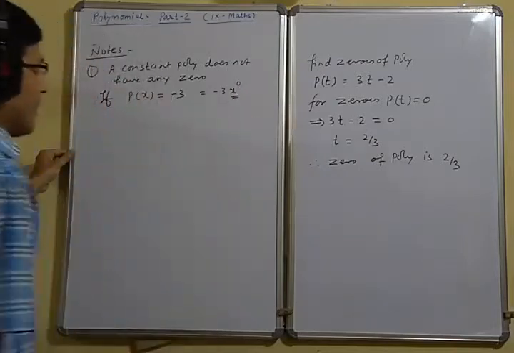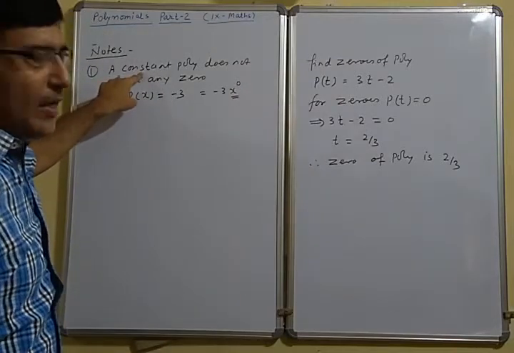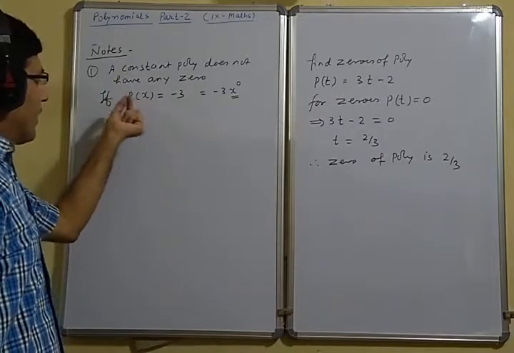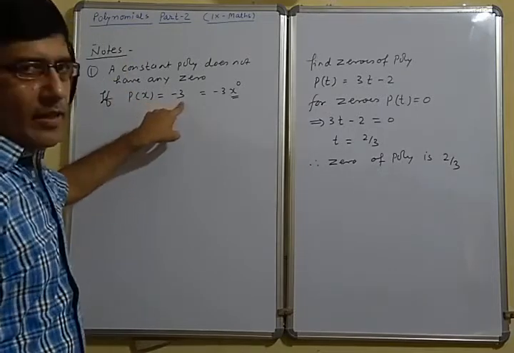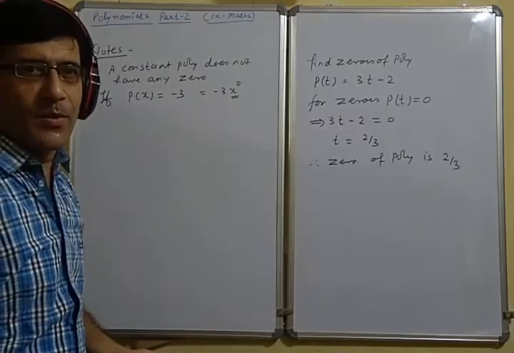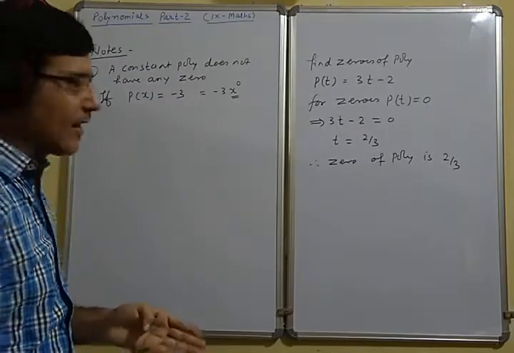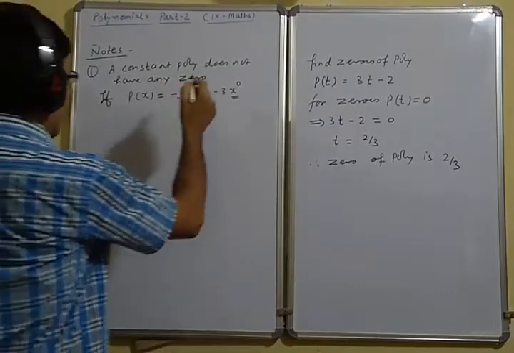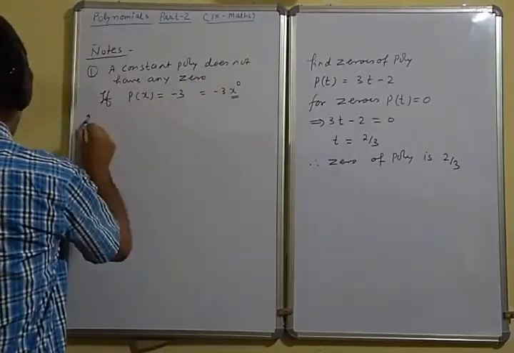Its degree is 0 because it is a constant polynomial. Here the variable is not there, so we cannot write minus 3 is equal to 0, because minus 3 is a constant, so it doesn't have any 0. Now the second point,